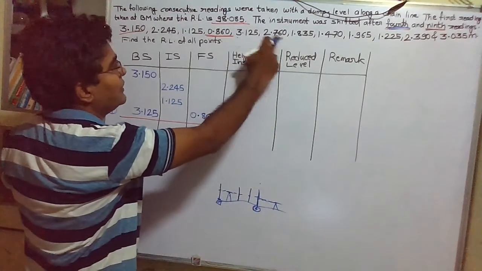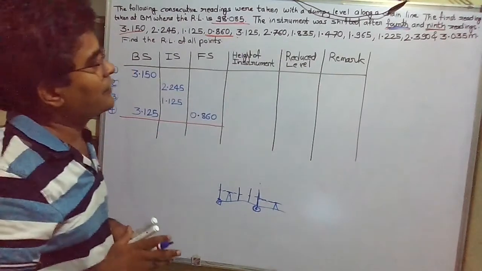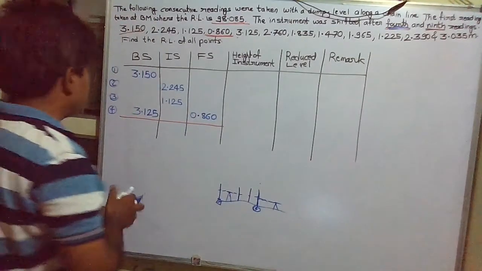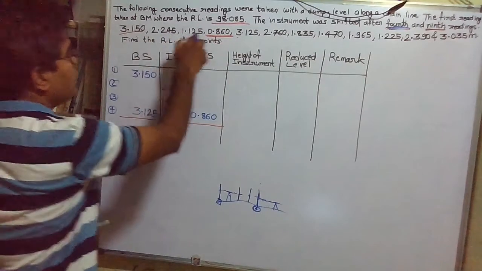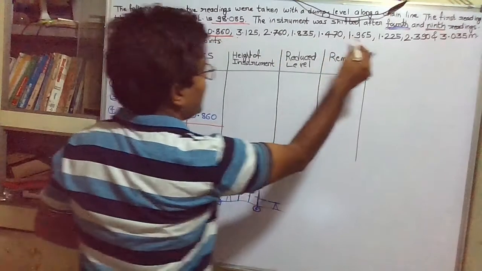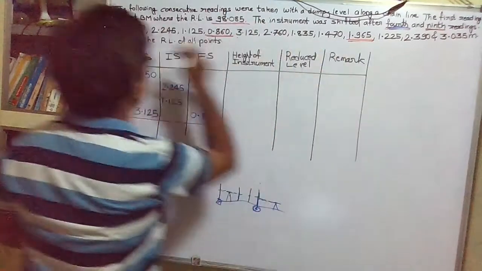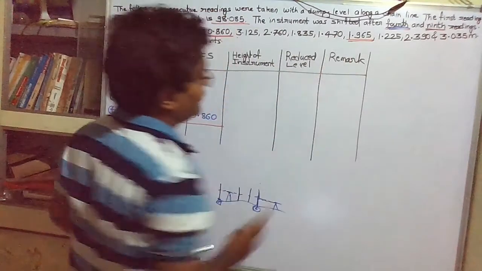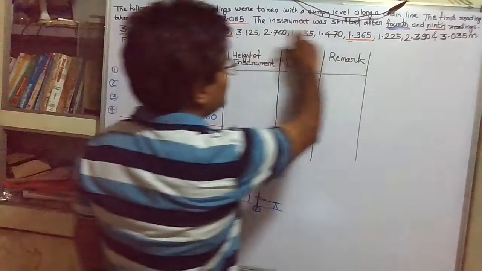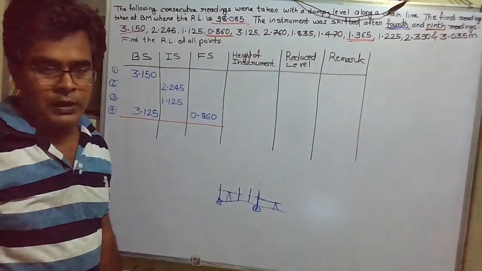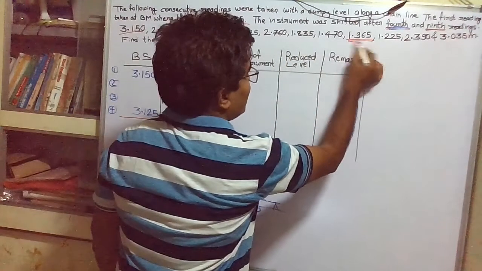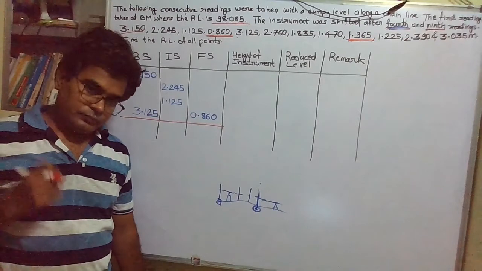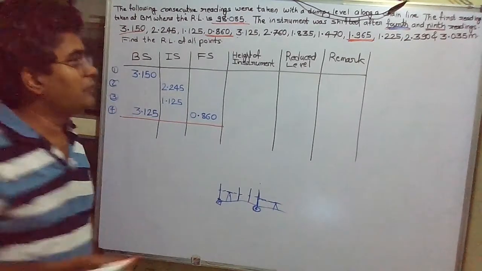Now this is the backsight. Then what is the next shifting of the instrument? It is the shifting after the ninth reading. So where is the ninth reading? Here 1, 2, 3, 4, 5, 6, 7, 8 and 9. Again we count: 1, 2, 3, 4, 5, 6, 7, 8, 9. Here it is given that the instrument is shifted after the ninth reading, which means this will also be a change point.